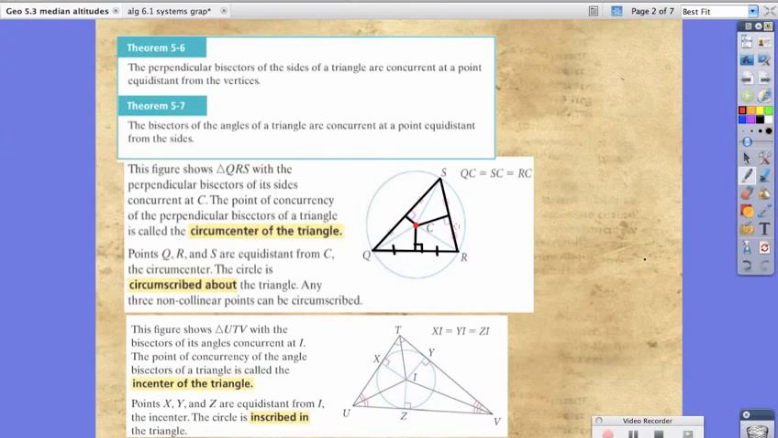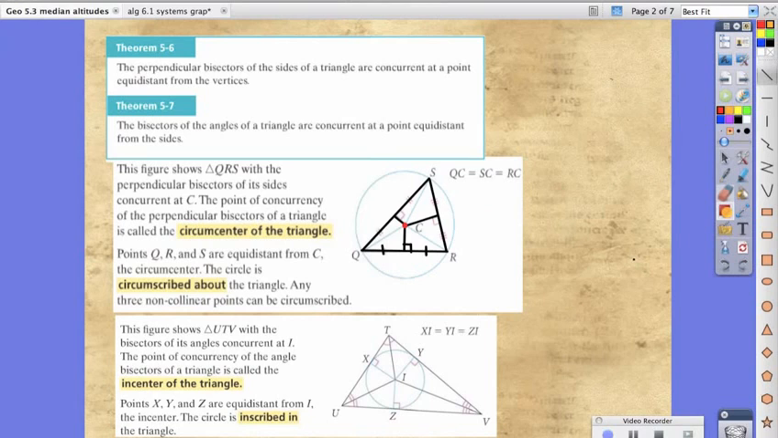Now, because those three perpendicular bisectors are concurrent, it means that these three lines in blue, we'll call them line segment CS, line segment CR, and line segment CQ, are all congruent. It means that they're all the same length. Okay. Rather than going over Theorem 5.7, we're going to talk about what it means for those points to be the same. Now, that point of concurrency, the one in red,